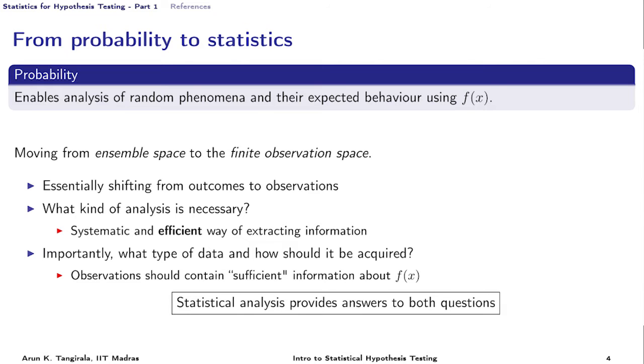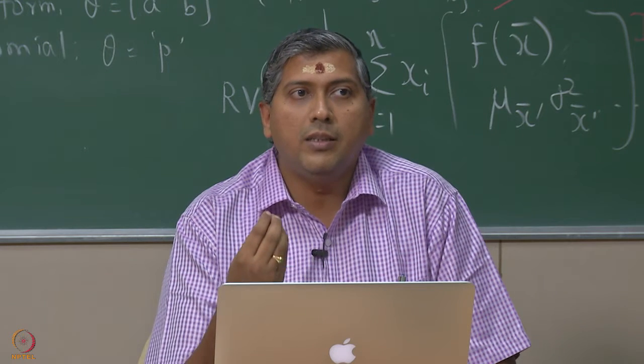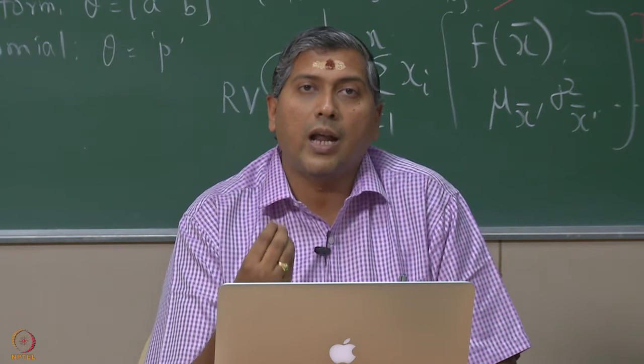So, there are three central concepts, as you have listened to me speaking during the prelude to this lecture. First is the population, which is a collection of all possibilities of a random experiment, and then the sample, which is a subset of the population that I am observing. Many times in time series analysis, this single sample is called a realization, because we use one sensor to collect a small number n of observations, and what we have is not the truth, but the truth as perceived, or as realized, by the sensor.